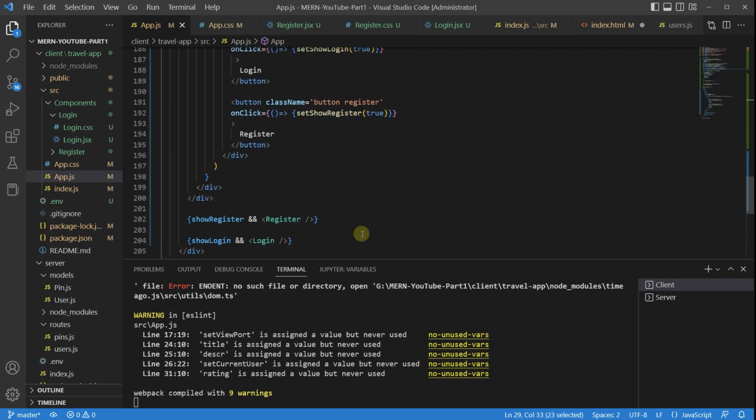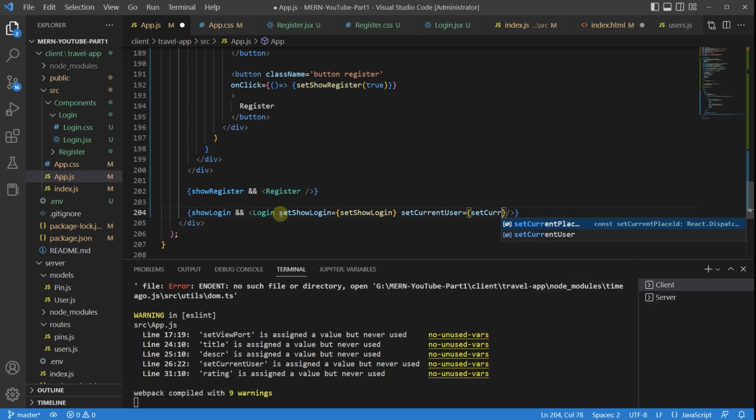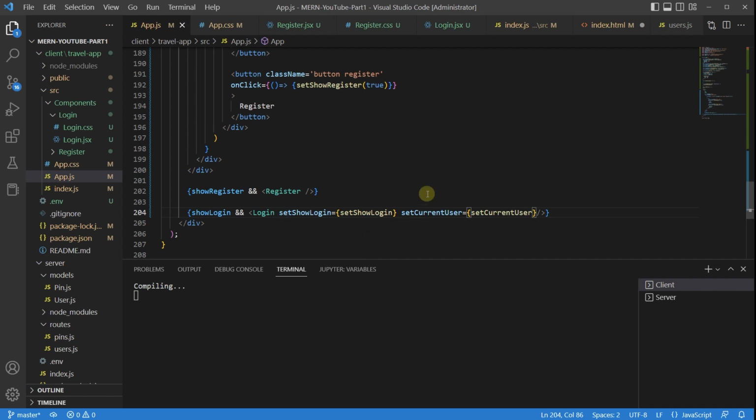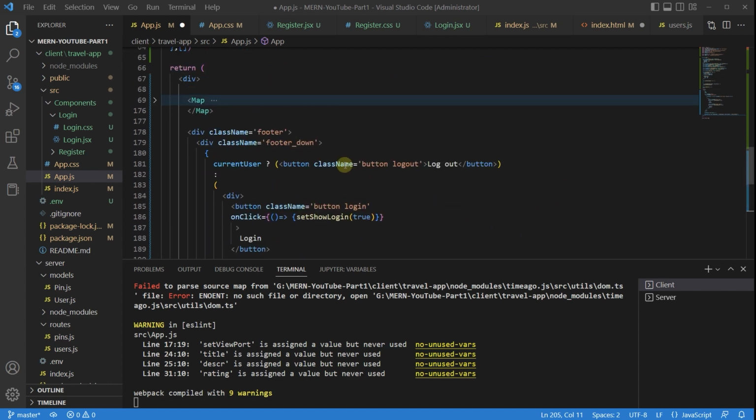Now, what I'm going to do is pass these to the login component by typing right over here: set show login is going to be equal to our set show login, and set current user is going to be equal to our set current user. So why are we actually doing it? Well, we're doing it because I want to log in and to change this set current user. By me changing it over there, it's going to change it over here, the reference, and it's going to trigger